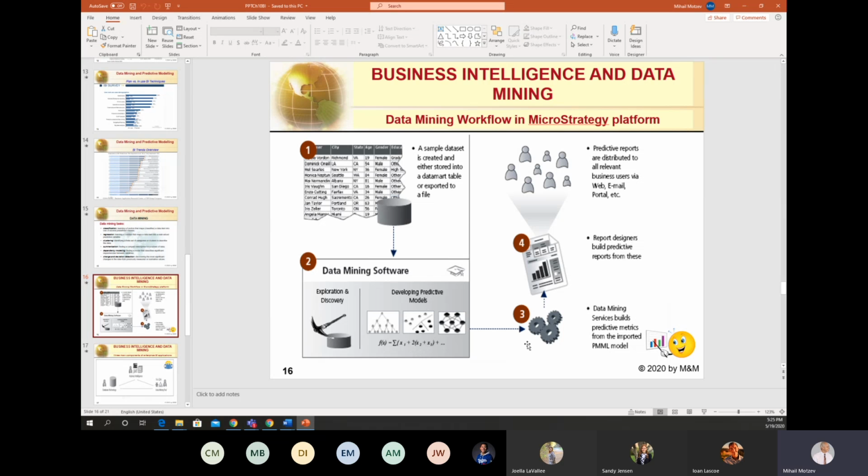These predictive models are used after that to generate reports which, after finishing, are delivered to managers with the help of an appropriate user interface, web portals, websites, emails, and so forth.